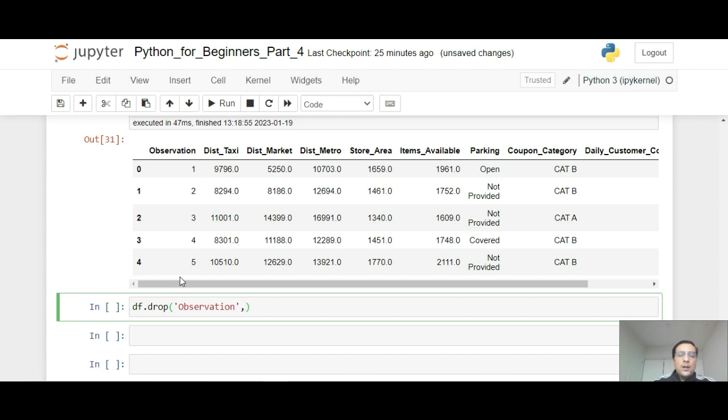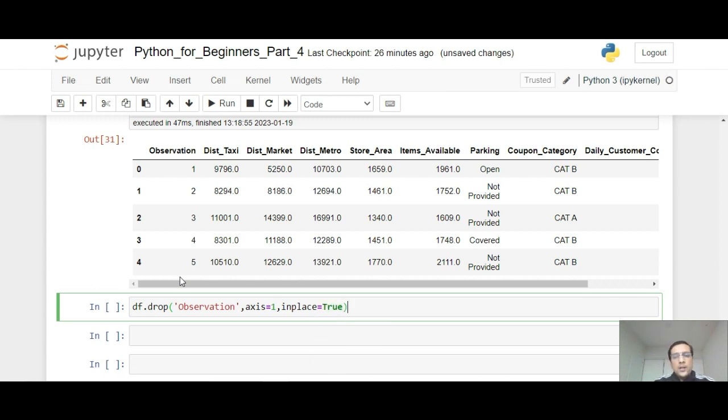And after the comma, how does Pandas know that I wanted to drop this column? So I'll provide an input called axis. When I put axis equal to 1, that means I'm going to delete the entire column. If I put axis equal to 0, that means I'm going to drop rows, right? Right now I wanted to drop the column, that's why I'm putting axis equal to 1. I'm also going to provide an input called inplace equal to True to retain those changes in my original data